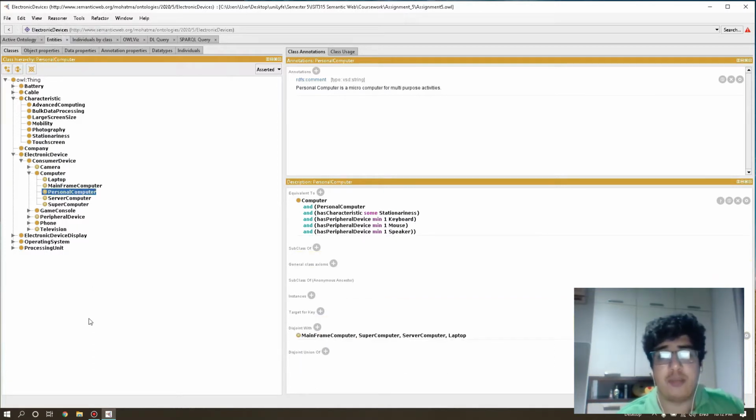In contrast to the laptop, we have a personal computer defined subclass, whereby it is defined through equivalencies here. A personal computer has a characteristic of some stationariness, meaning that it is stationed and not portable like a laptop. It has a peripheral device. Since laptops have built-in components, personal computers have attached peripheral devices through either output or input. So it has a minimum peripheral device of 1 keyboard or 1 mouse or 1 speaker, but that value depends